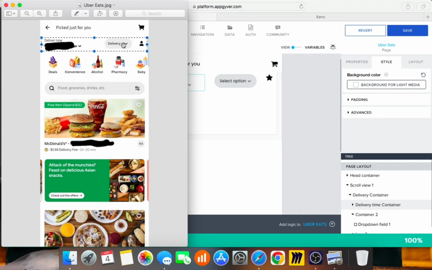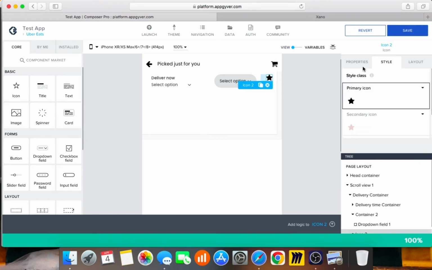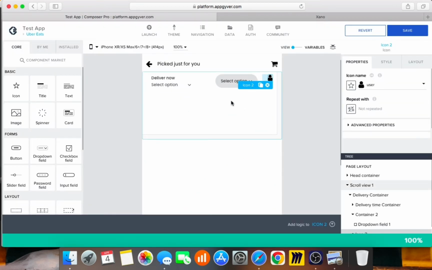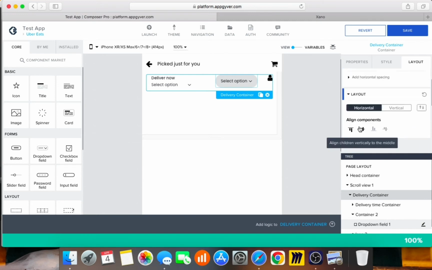So this, I think, is a drop-down delivery or pickup. So we'll add that in later as well. But for now, we're just creating all the components. So we're going to change this as well. Properties. We're going to add this quickly. Now we're going to line up all of these to make it centered